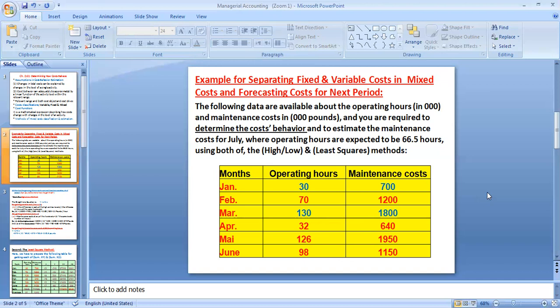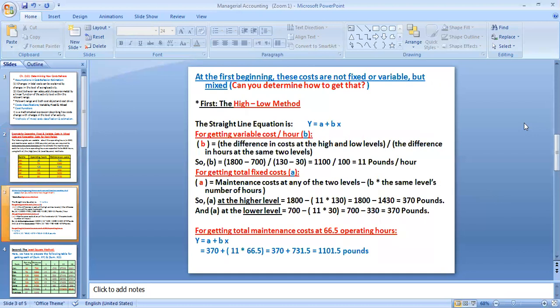I want a method more accurate than this method. That's why he told me to solve once by high-low and another one by the least square method. How to use the least square method? The least square method is one method related to a technique called